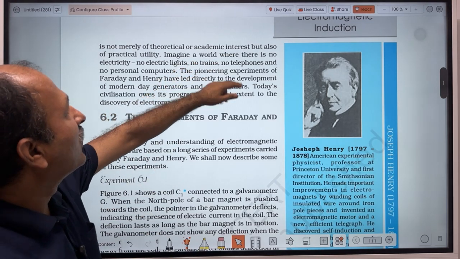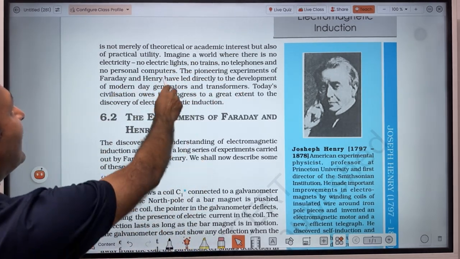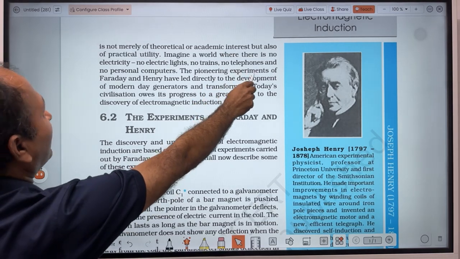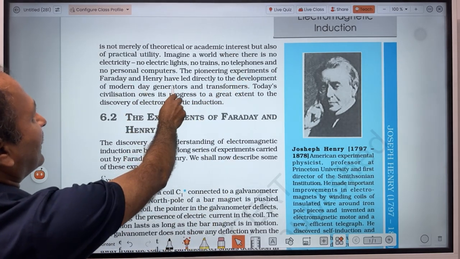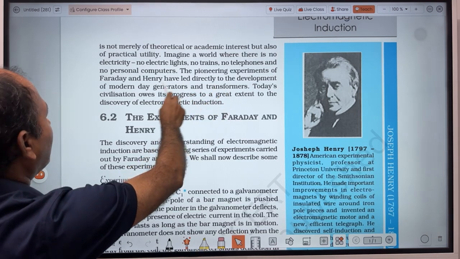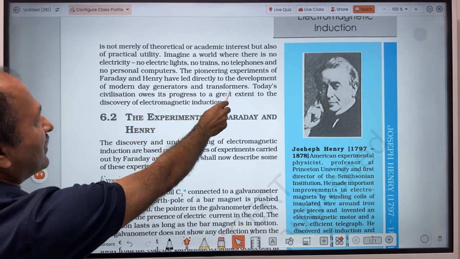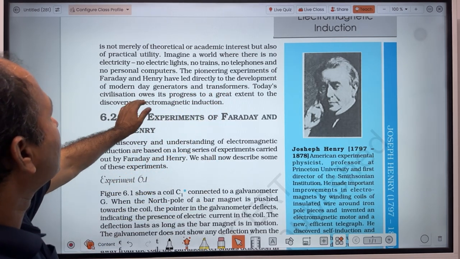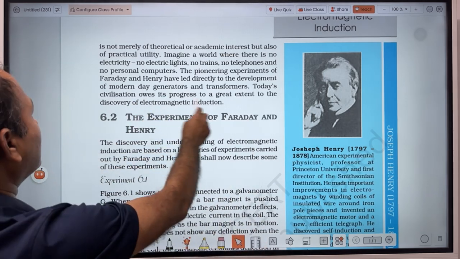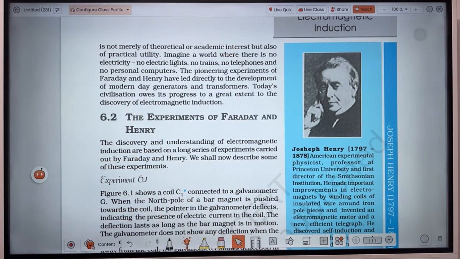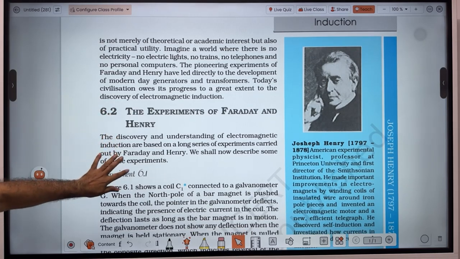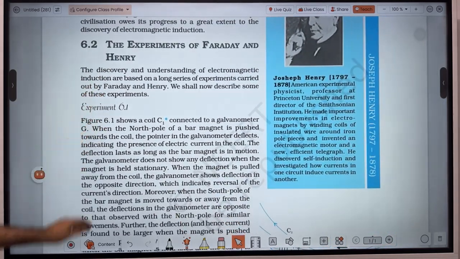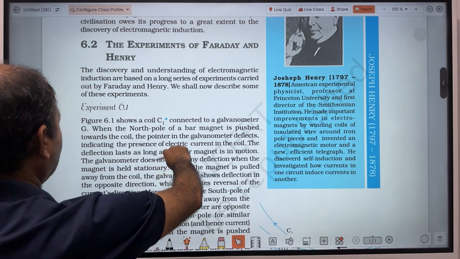Imagine a world where there is no electricity, no electric lights, no trains, no telephones, and no personal computers. The pioneering experiments of Faraday and Henry have led directly to the development of modern day generators and transformers. So today's civilization owes its progress to a great extent to the discovery of electromagnetic induction. So you can say that the concept is very important, and Faraday performed certain experiments in which he took two